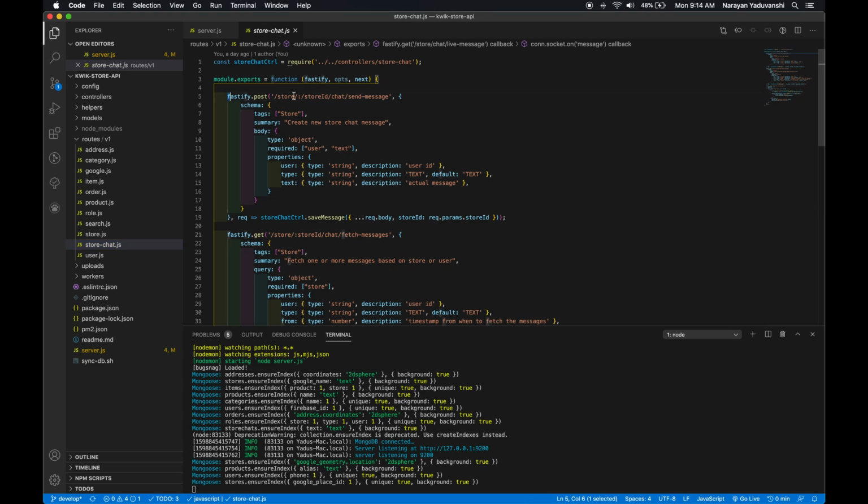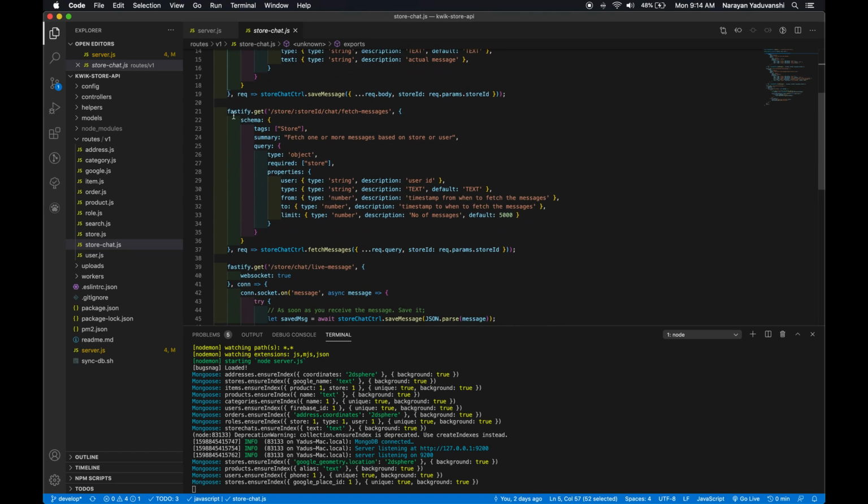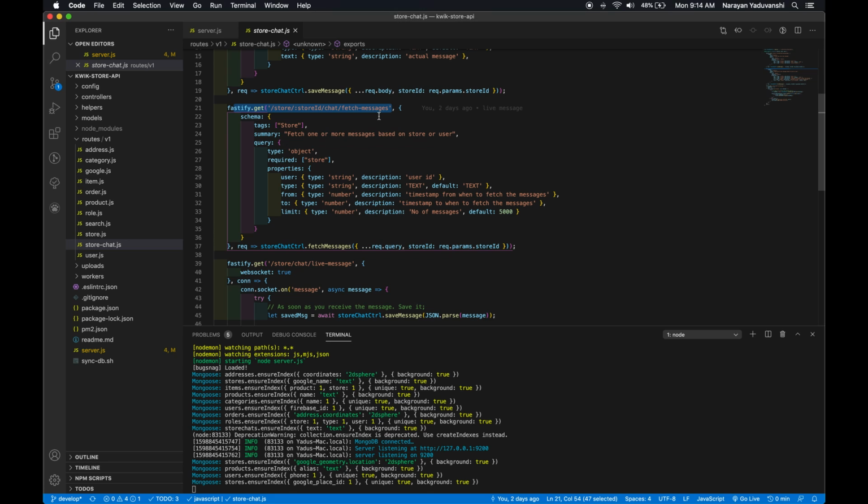One is that we would like to save the chat messages that are happening between a store and a user, so that we can load these messages whenever a person enters into the chat screen. Okay, second is to retrieve the chat messages.